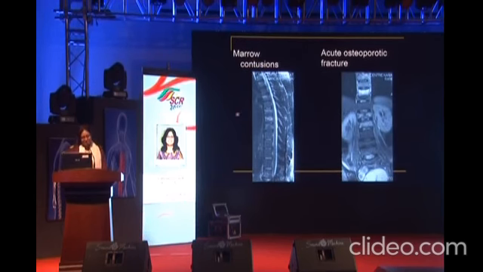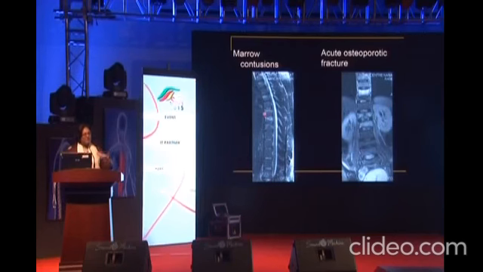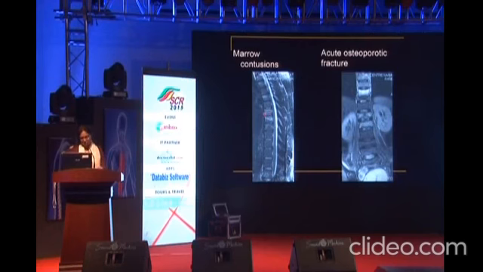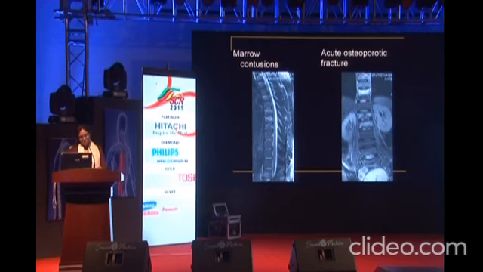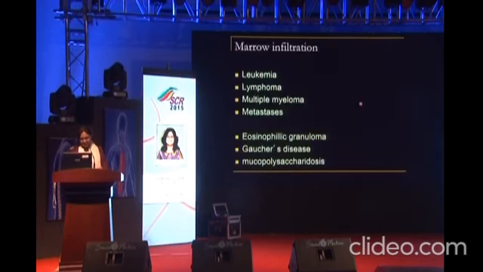Just marrow edema could be seen post-trauma. This was a patient who had back pain after an epileptic attack. And what you can see here is a number of vertebrae show marrow edema with very subtle superior end plate depression or very subtle hypointensity there. These were a number of very subtle compression fractures. This was an old lady with osteoporotic fractures. So MR shows marrow edema and can tell you which is the acute one. Radiograph can sometimes be difficult as to which is the acute one and which is not. So MR can show you marrow edema in it.